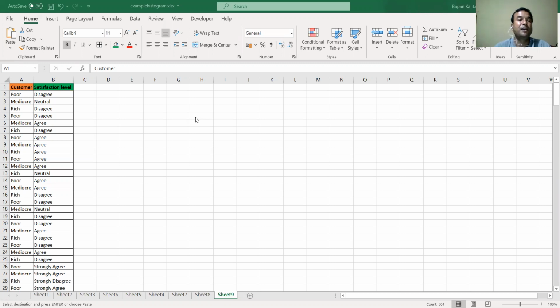Suppose we have three different categories of customers: poor, mediocre, and rich, and there we are going to test their satisfaction level. These satisfaction levels are taken in five scales. These are called Likert scales.